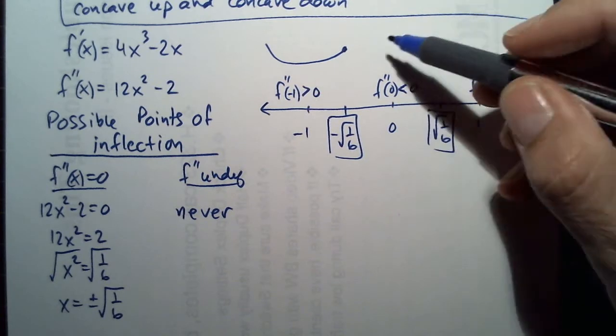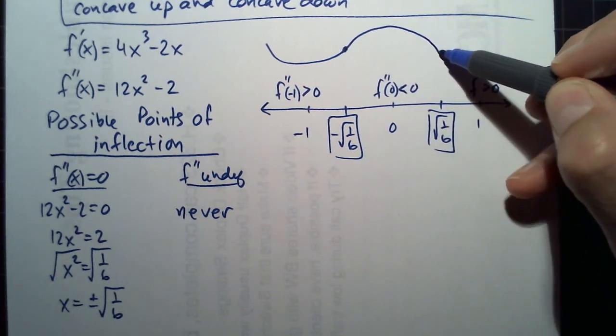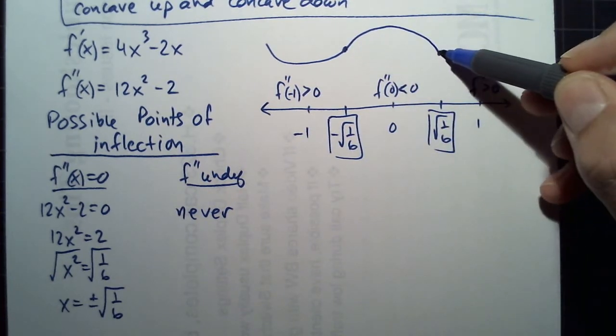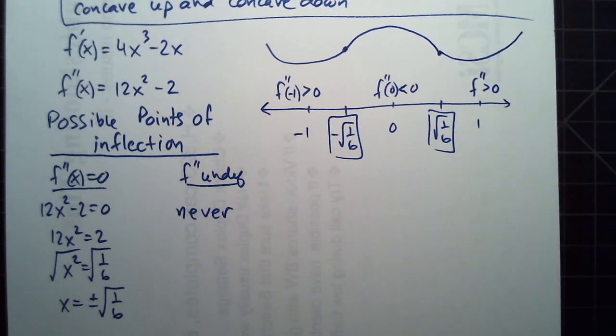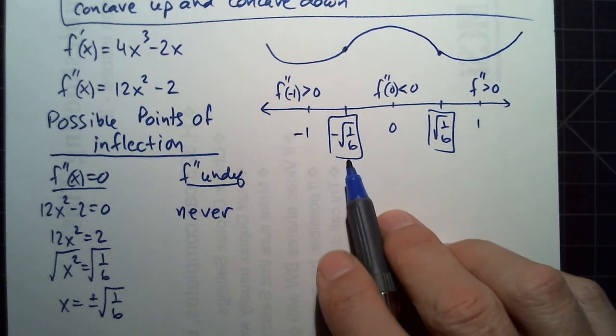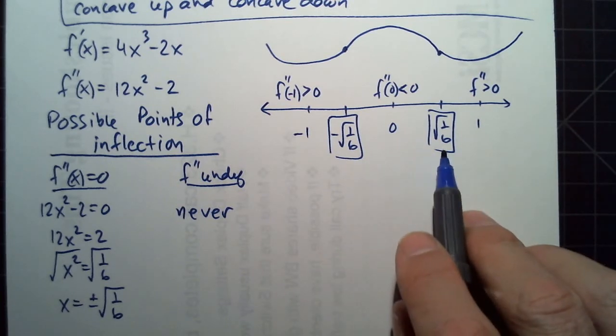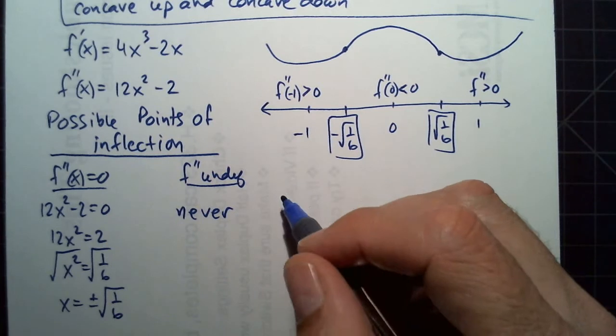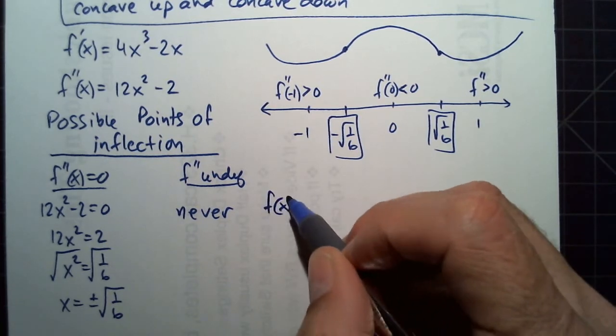Second derivative is negative, the graph is curving down. Second derivative positive means the graph is curving up. So we know that there are points of inflection at negative radical 1/6 and positive radical 1/6. And we can say f of x